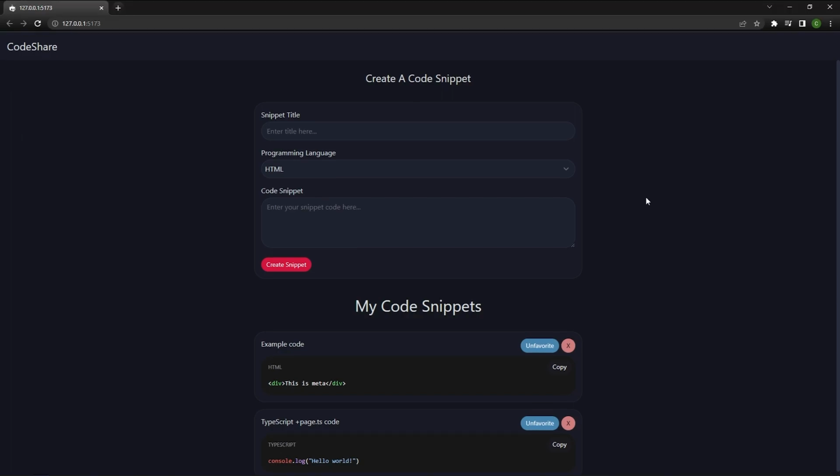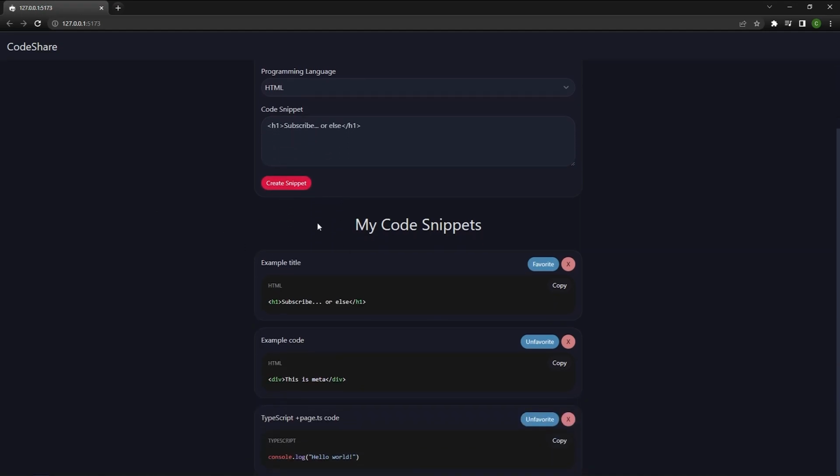In this video, we are going to be building this fully typed project that allows us to have a bunch of code snippets locally that we can save. For example, we'll have a snippet title, then we can choose a programming language here, and then we can also add in a code snippet. Once we have all these input parameters, we can press create snippet, and it's going to be added to our